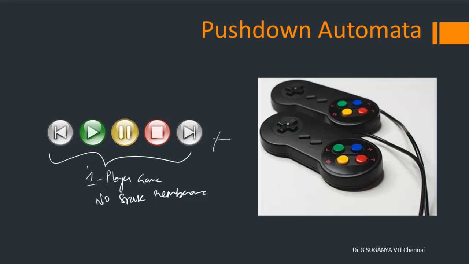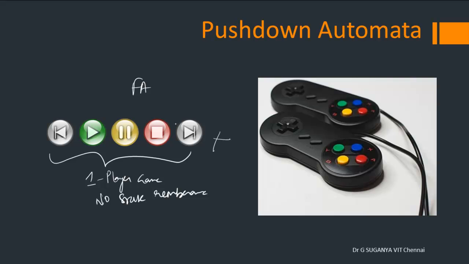After that, when you come, it will be a new game. You cannot retrieve back or restore the state of the system. That's what a finite automata means. But in most of the cases in the current generation, we are expecting the system to remember the state of where